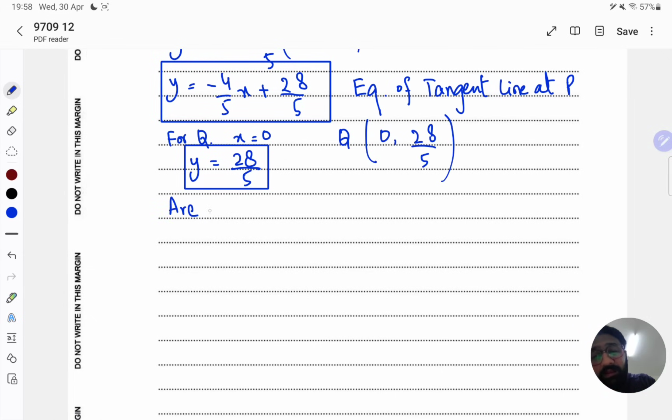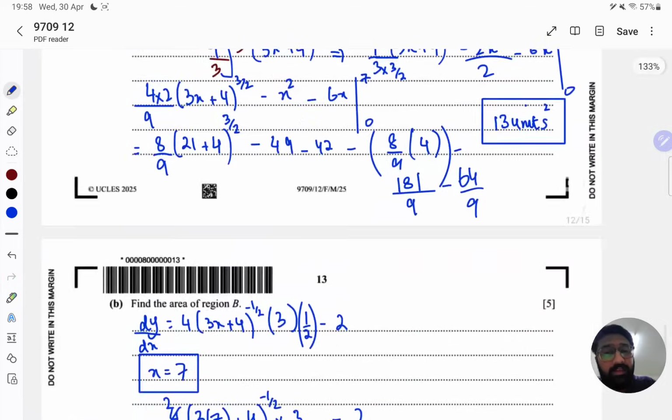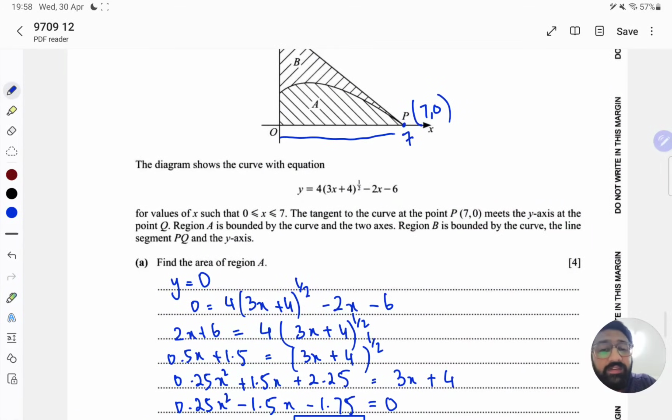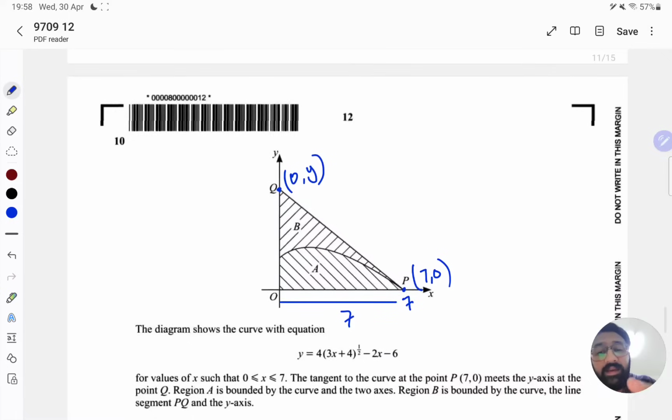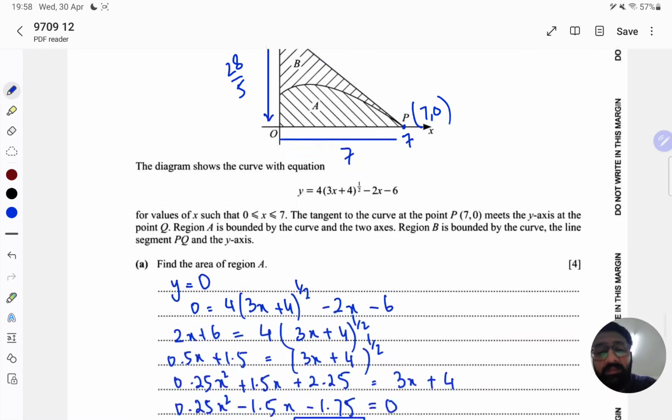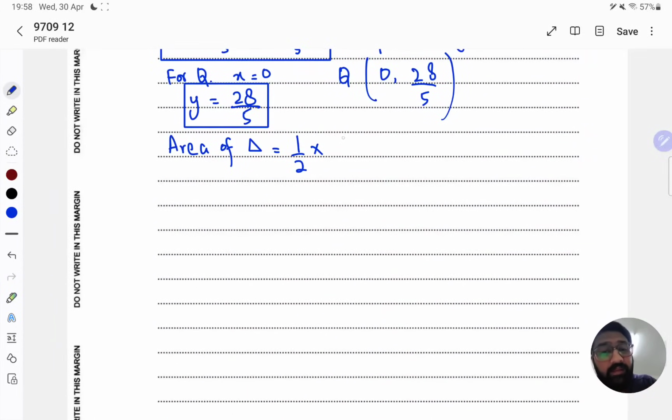Now we can easily figure out the area of the triangle, which is 1 by 2. Base is, this is the base of the triangle, which is 7, and this is the height. Since we found out 28 by 5, the height is this, which is 28 by 5. So area of the triangle will be 1 by 2 into 7 into 28 by 5. So 0.5 into 7 into 28 by 5, which is 19.6